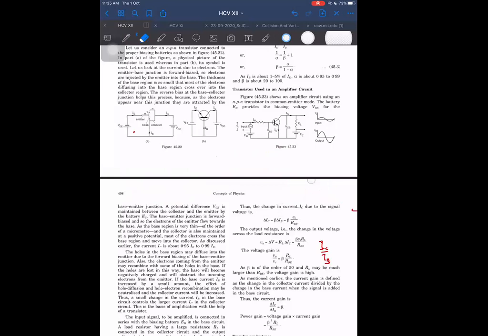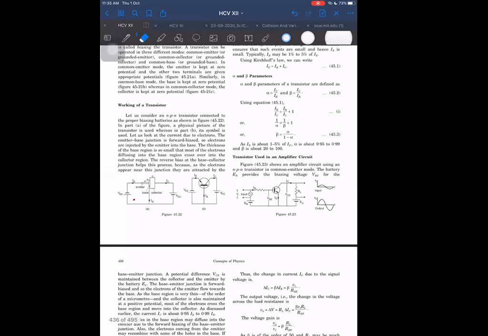Next, we can think of something else here. What is happening? Wait a second, let me think now. So this is input here, and this is sending us current IB here, and then we are getting output here. And the remaining part I discussed yesterday also, how to get IC. IC will be equal to EC minus VCE divided by R, and RC, this is RC or RL.